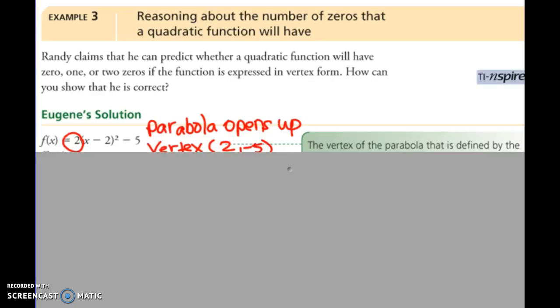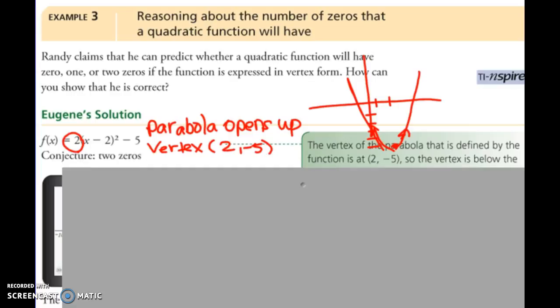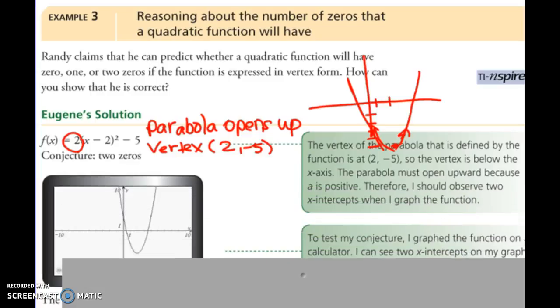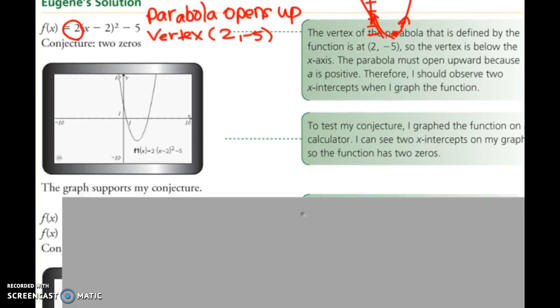So if we just did a little rough drawing of that, it would be 2 over, -5 down, and we know it's going to be opening up. So if you were to draw that, you would be able to say that it's probably hitting the x-axis 2 times. So this is what they show. If they graph it on the graphing calculator, it's hitting the x-axis 2 times. So it has 2 zeros, meaning x-intercepts. Zero is the same thing. So based on that,